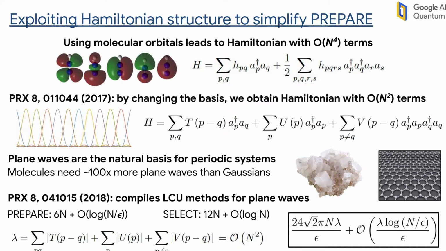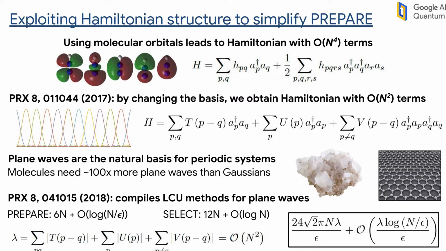So the QROM only has cost order n, and that's how we get that. The select part, because the prepare was so incredibly efficient here, is actually even slightly more expensive. It has cost 12n. And again, there's this lambda parameter, which is the sum of the coefficients of the Hamiltonian. But putting this together, we get a T complexity for the whole algorithm for exactly solving the chemistry problem, which